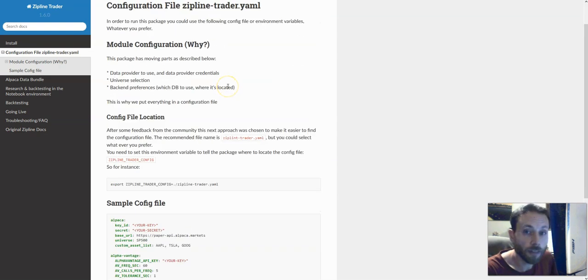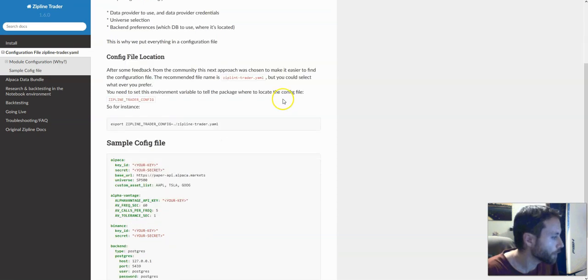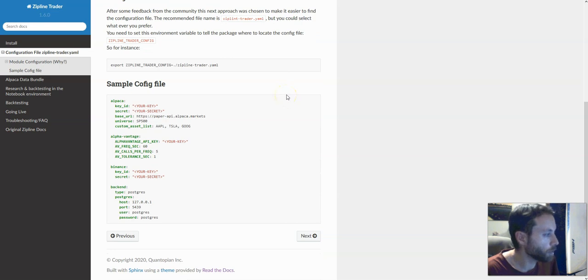And one important thing is that if you prefer to use environment variables, you could do that as well. You just set those variables, and if zipline-trader could not find the configuration file, it will read it from the environment variables. So do whatever you prefer. So this is a sample config file. Let's fix this typo. This is a sample config file right here, and we are going to create it in